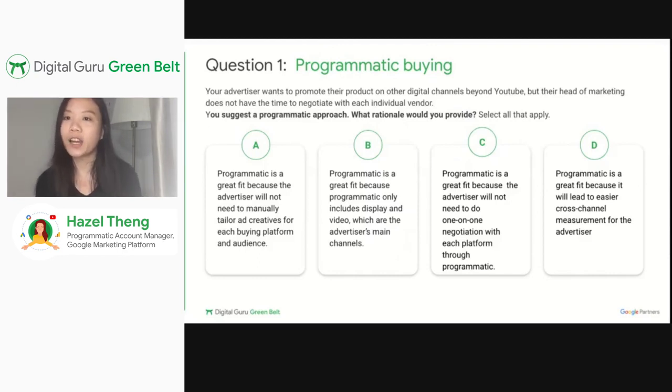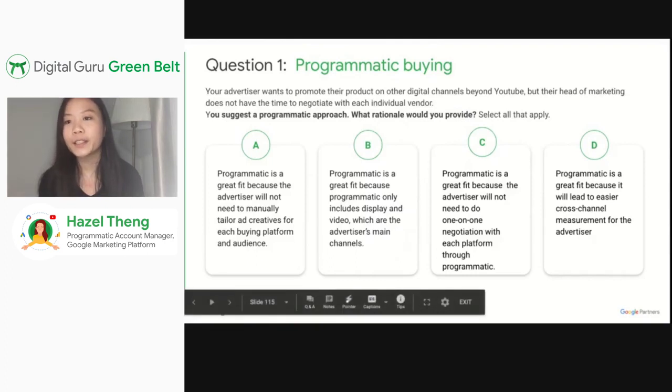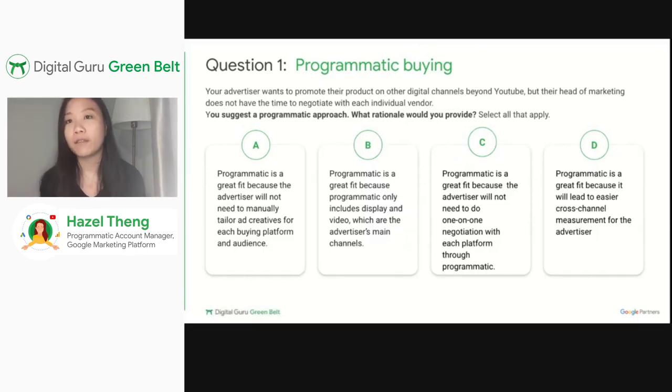Select all the answers that would apply. A, programmatic is a great fit because the advertiser will not need to manually tailor ad creatives for each buying platform and audience. B, programmatic is a great fit because programmatic only includes display and video, which are the advertiser's main channels.